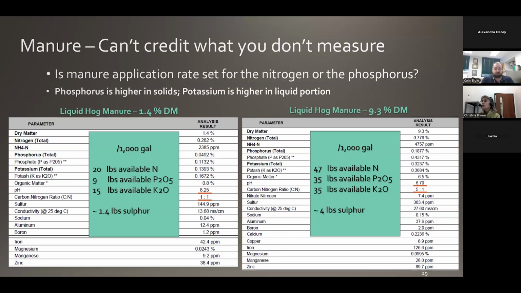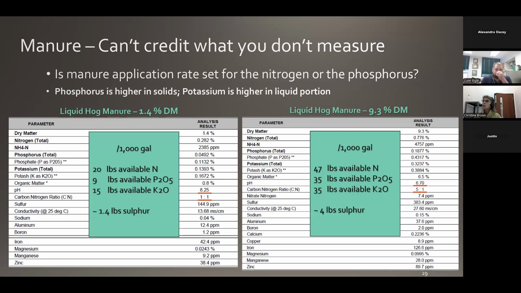The first thing with manure is it's really hard to give a nutrient credit if we don't take a manure analysis. In that manure analysis, ideally, we're looking for what nutrients are applied to that field. The best time, of course, to measure those nutrients is at the time of application, which in some cases means we need to use database numbers just for estimates until we get our results back.